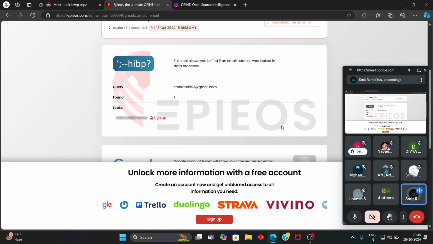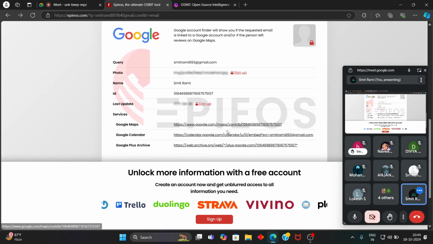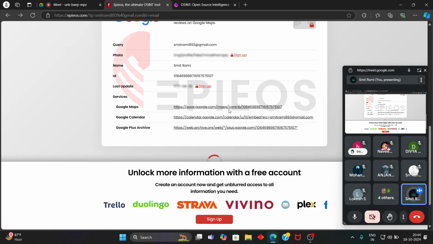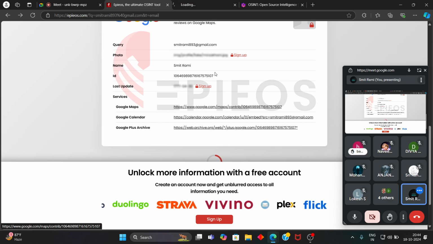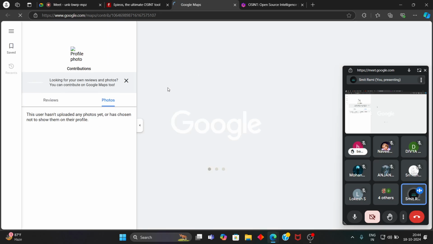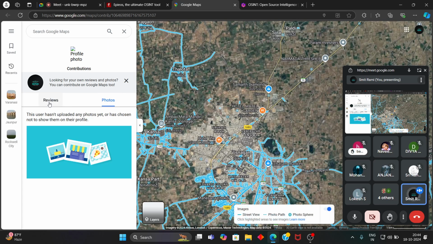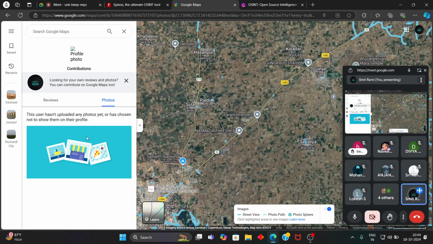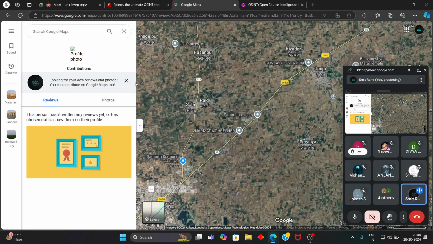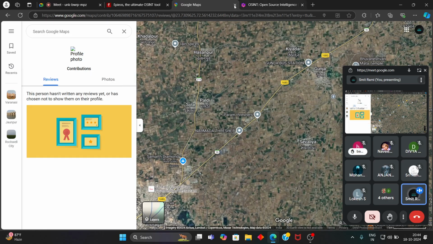So yeah, basically it is gathering some information, and it is showing me some information about my Google Maps. These are the reviews and other things which I have provided. So this shows me what exactly are the reviews that I have provided, and all,